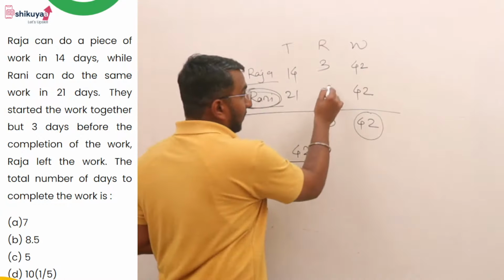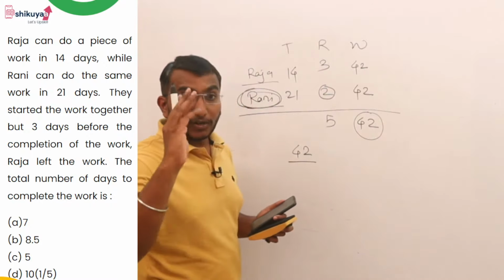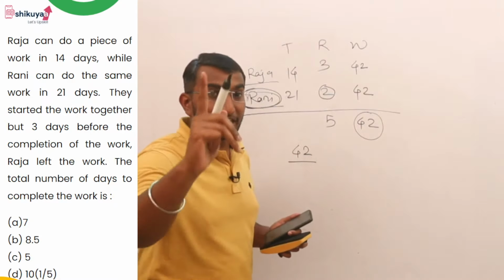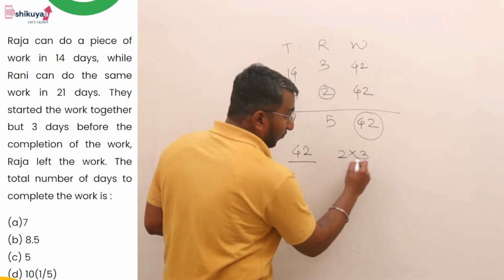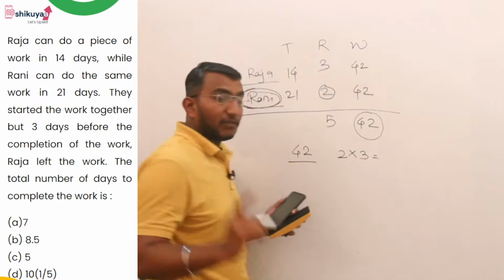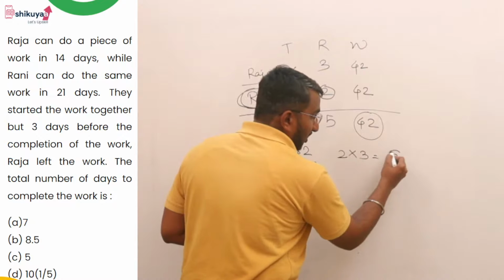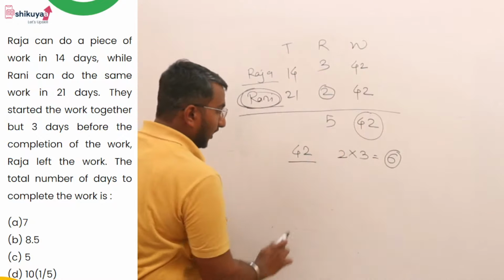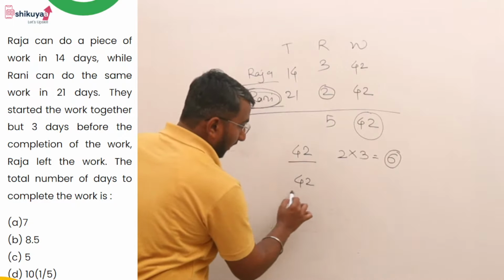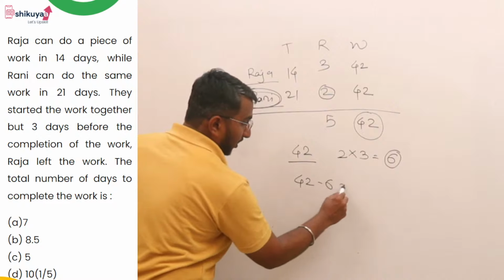So what is the rate of Rani? The rate of Rani is 2. So with the rate of 2, for the last 3 days she has worked alone. So how many units of work has she completed while working alone? That is 3 into 2, which is 6 units. Now the total work to be done by both of them is 42 units. So 42 minus 6, which comes to be